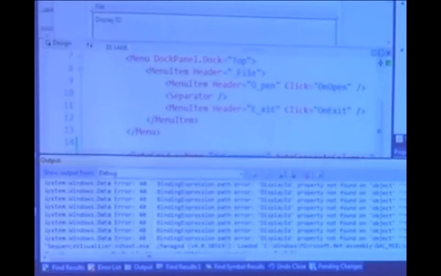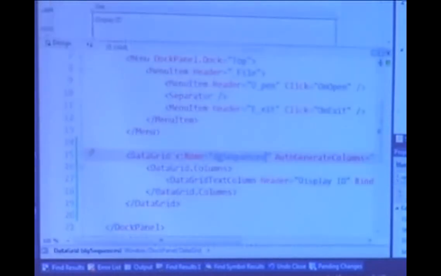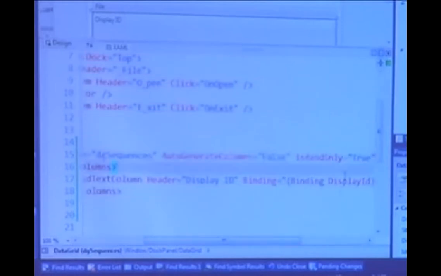So anytime that you have a binding error in WPF, you can always look at the output window from Visual Studio, and it will tell you what's going on. And you can see it says, display ID property not found on object sequence. So let's look back at that I sequence, and it's because I used lowercase d. It is case sensitive, and so I misspelled it.